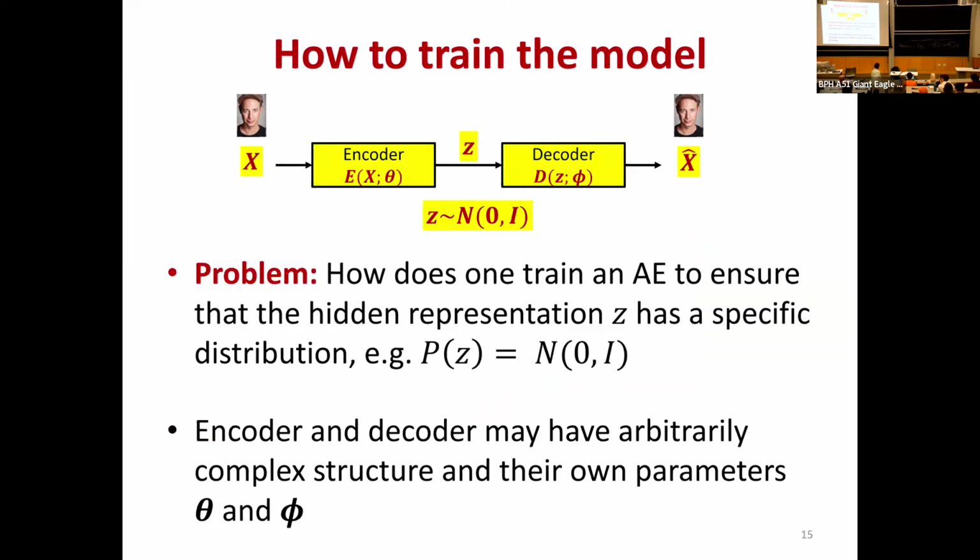Please do so, okay? So how does one train an autoencoder to ensure that the hidden representation has a specific distribution, such as standard Gaussian? There's nothing magical about standard Gaussians. You could use any odd representation for the distribution of the latent variable. Why do you think we use Gaussians? Anybody? Any idea why we would use a Gaussian as opposed to something else? You look like you know the answer. I don't know the answer. Okay, well, there was a look of knowledge on your face. So anybody?